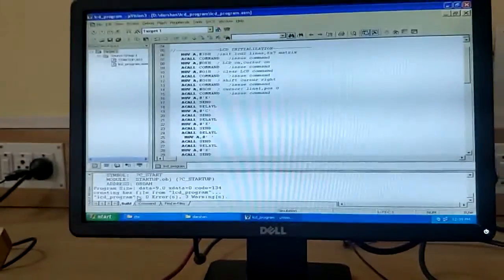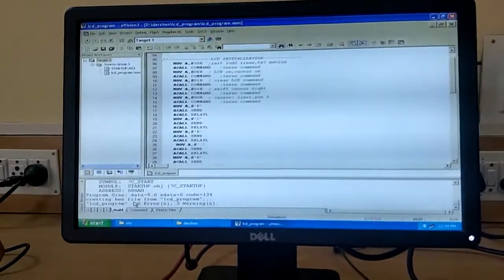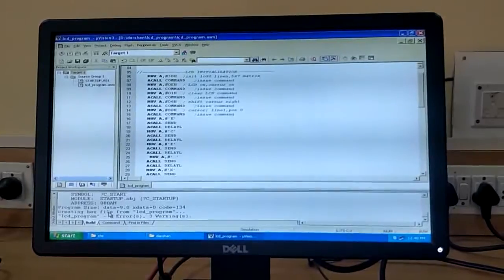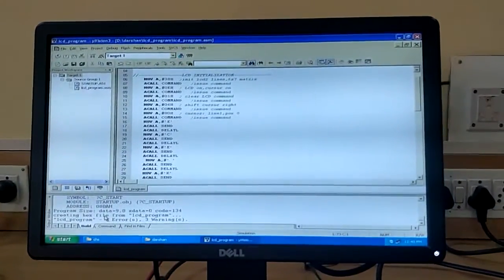It is showing creating hex file. It is generated. So this is the file. I have to convert the hex file to a binary file here. So now, in order to convert the hex file to binary file, we are using the ISP program.